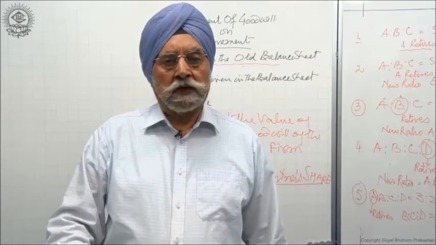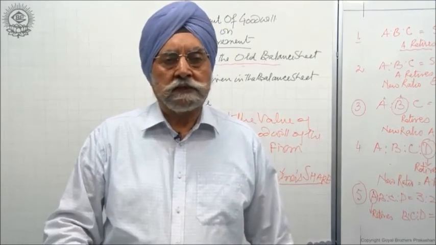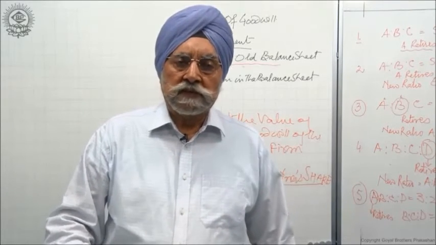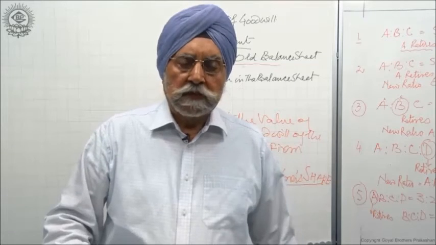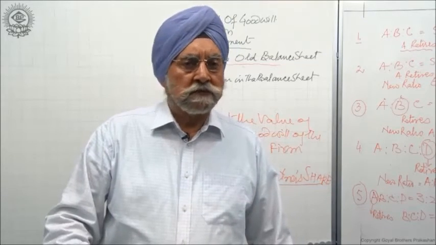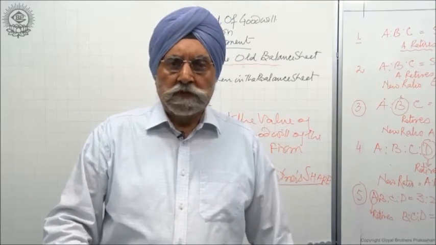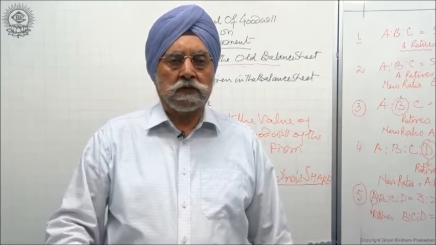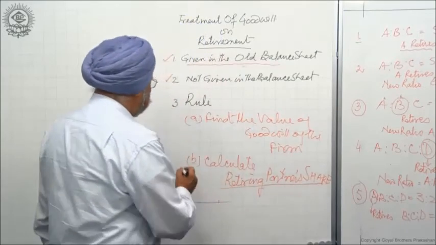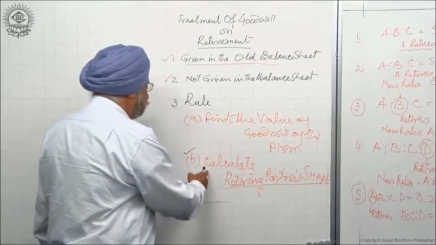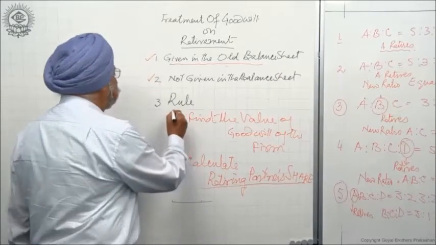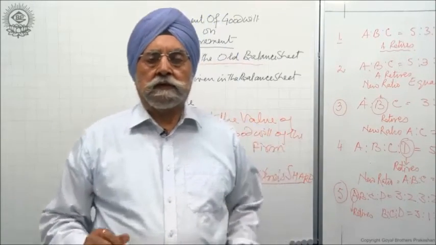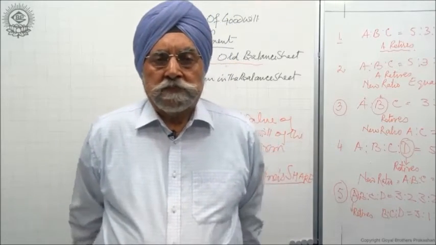If it is to be calculated as indicated in the question, then find out what is the share of the retiring partner. Whatever his share, if it is 1/6 of the total goodwill, 1/5 of the total goodwill, 2/3 of the total goodwill, you will find out the share of it. Once this is done, then there is another rule. That rule is that the retiring partner is